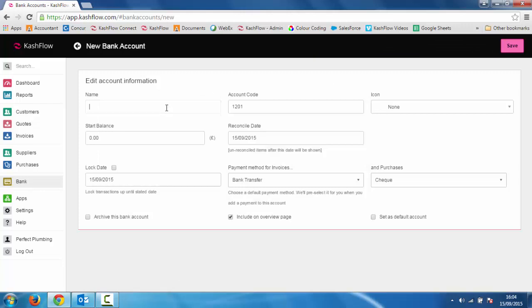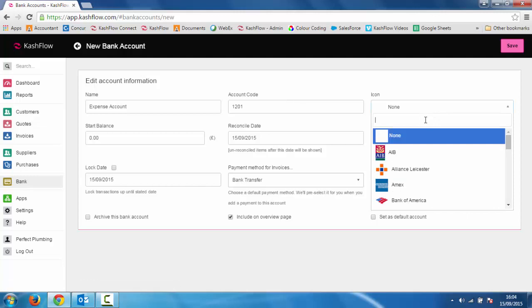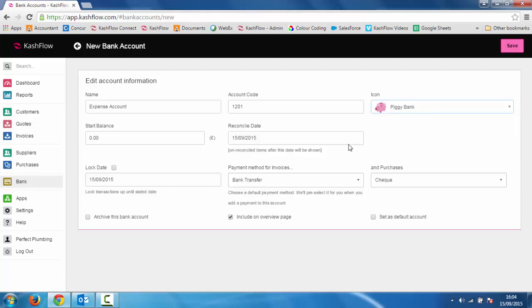Once we add a new account, we just need to call that a name. So I'm just going to call this my expense account. It automatically creates the next code for you. You can choose an icon if you need one or not. I'm just going to choose a little piggy bank in there, whether or not there's a starting balance in there,